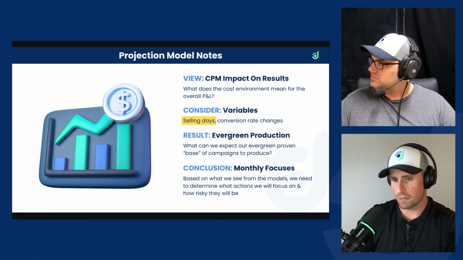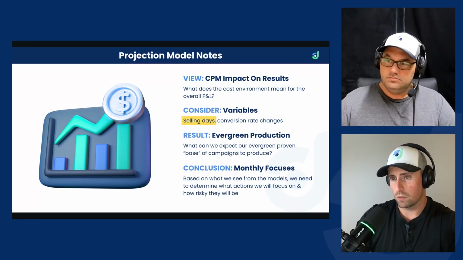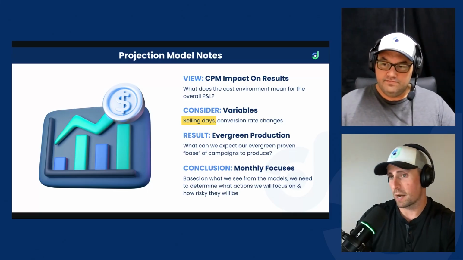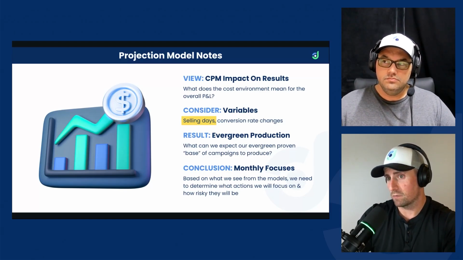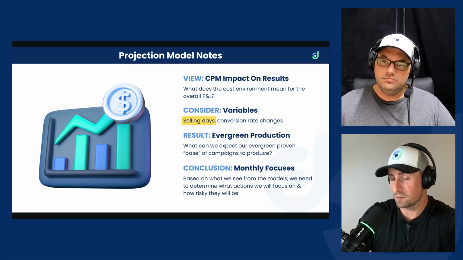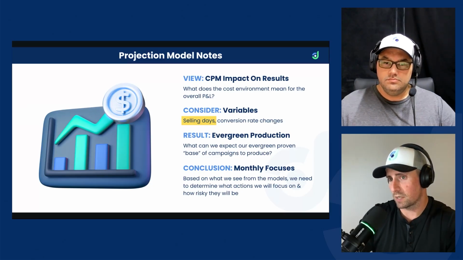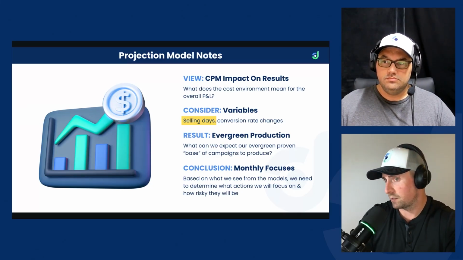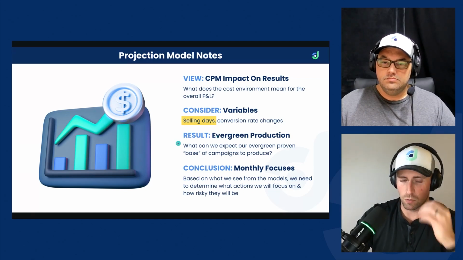A couple of variables that I have to consider every month is the number of selling days and the conversion rate changes historically. So obviously, as we're moving into October from September, we're having one more selling day. So we need to make sure we reflect that. We're likely to have an increase in the amount of spend because we have one more selling day. But then we also have to factor, are there seasonal trends that show a change in conversion between October and September that you adjust the models for? So a couple of things you have to consider when you're doing projections.